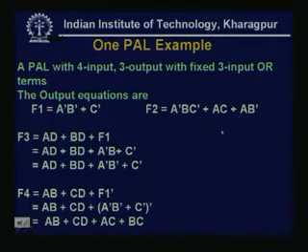So, we can realize F1, F2, F3, F4 by using 4 input variables ABCD as well as F1, one of the output functions, F1 and F1 complement as the